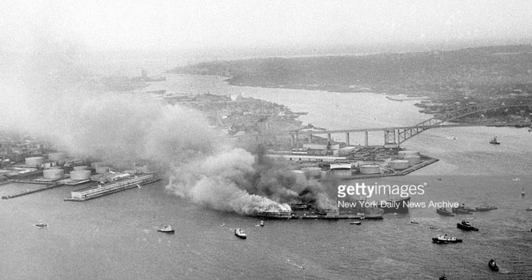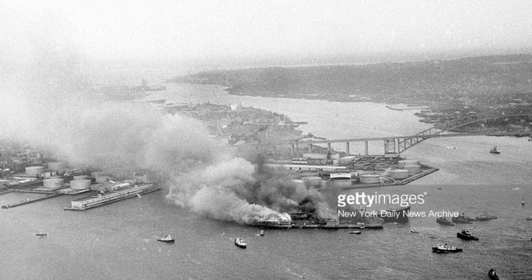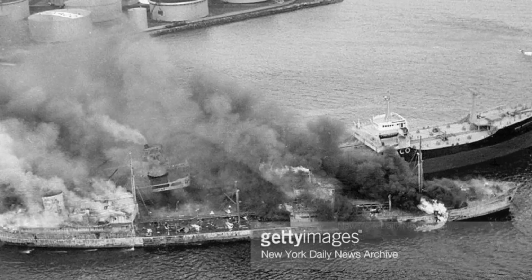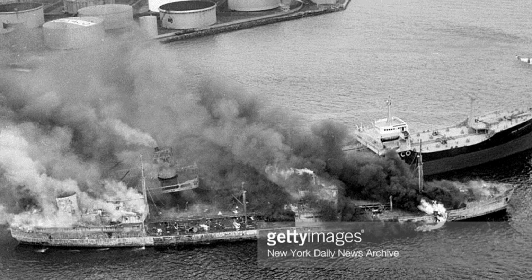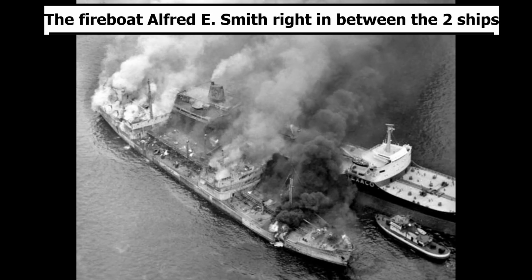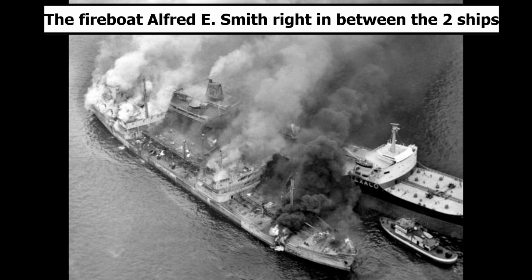Immediately following the collision, Texaco, Massachusetts reversed, allowing thousands of gallons of naphtha to spill and ignite, likely from sparks from the engine of SS Vermont. The fire burned until about 10:35 p.m. when firefighters from fireboats, including John J. Harvey, and from the Staten Island Fire Department extinguished the flames. In addition to the fireboats, small craft from the police department and the Coast Guard were dispatched to the scene,